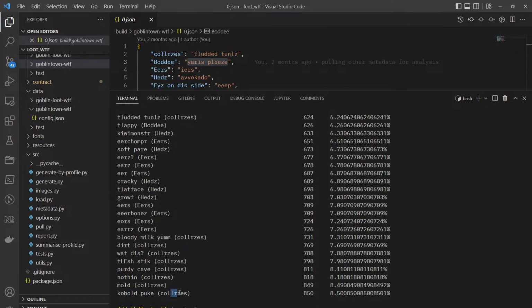There you go. There's 850 of those in the whole collection. So bad luck if you minted one of those. Well, no, actually, I wish I had minted any of these. I hadn't, so